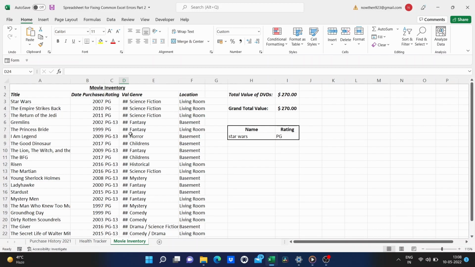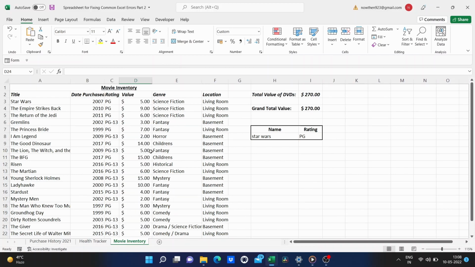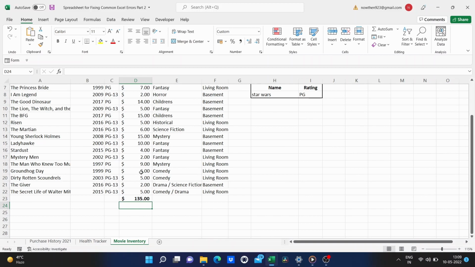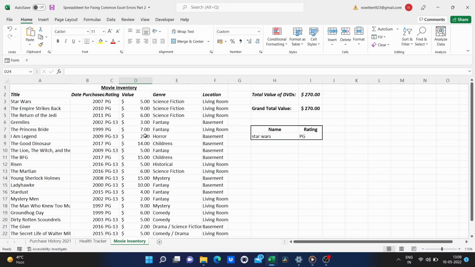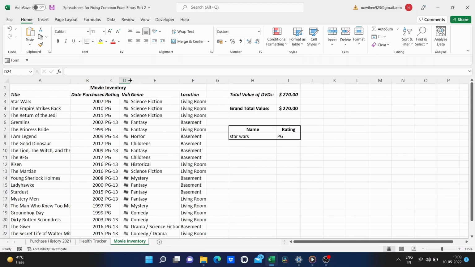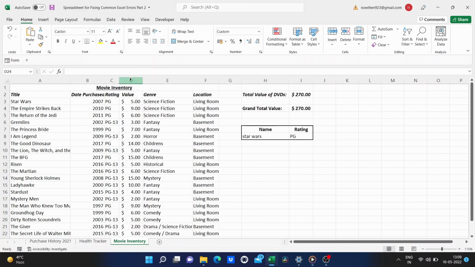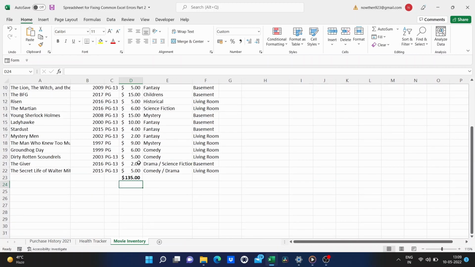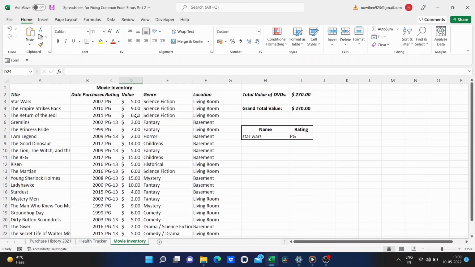The solution for this is super easy. All you have to do is click and drag to provide more space for that column. And that way, the contents of all of these cells show up and can fit in the space provided. There is an even easier way to do this. All you would have to do is double-click on the line between D and E in this case. So just double-click, and that automatically resizes the column to the perfect width so that everything can be displayed.